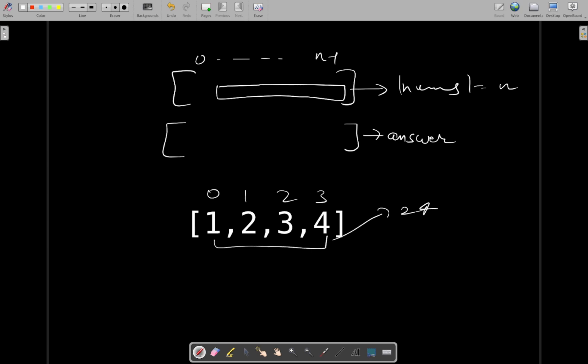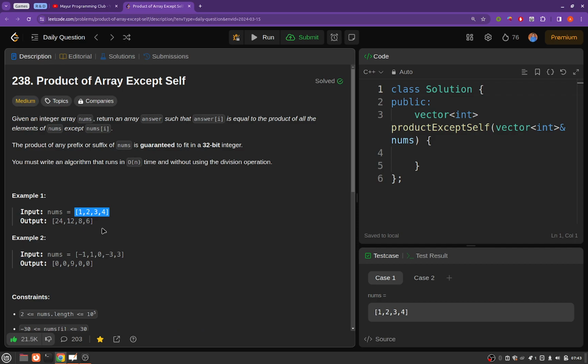24. Except 1, what is the product? Still 24. Except 2, what is the product? 12. Except 3, I mean 2 and 4, 8. Except 4, I mean 1, 2 and 3, 3 into 2 is 6, so 6. So this is what the problem statement is asking you to return, and it is mentioned that the product of any prefix or